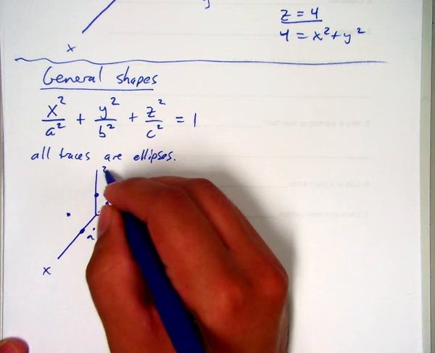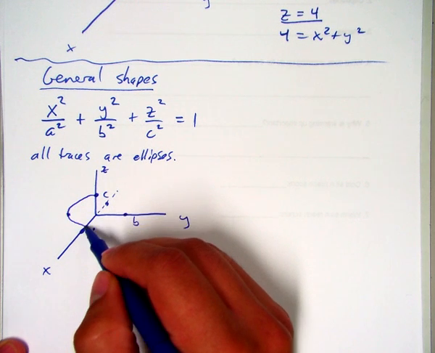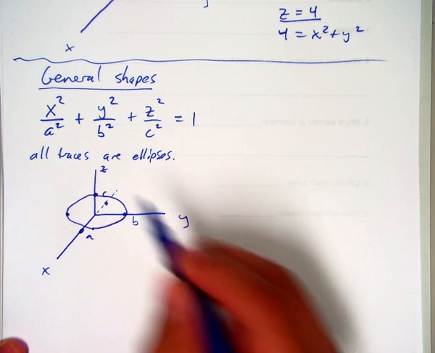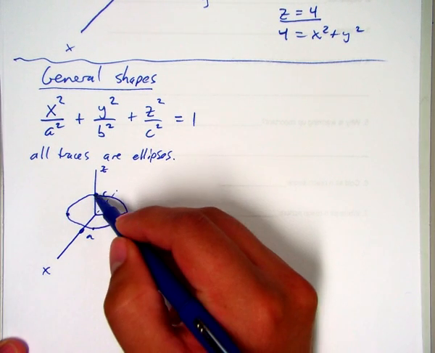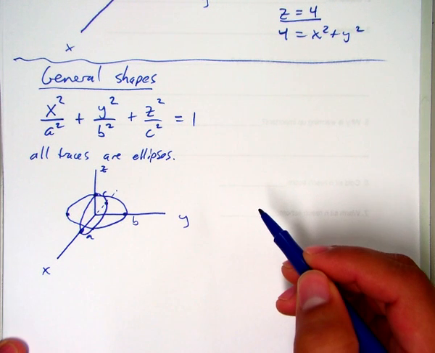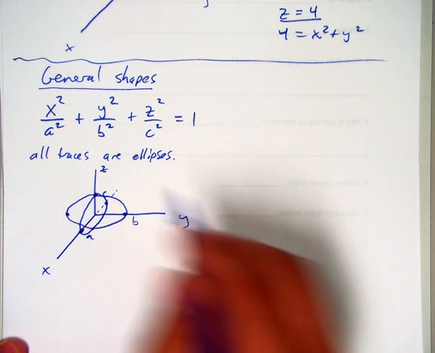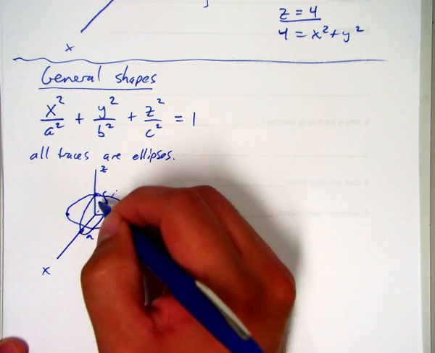Easiest way to do it is probably draw 3 ellipses, one on the zy plane, one on the xz plane, and what am I missing? Oh, I didn't do the xy plane. I did zy, xz, and now if I do xy,